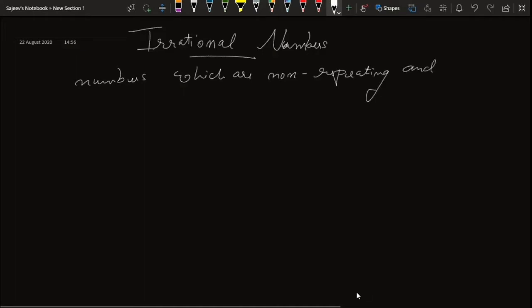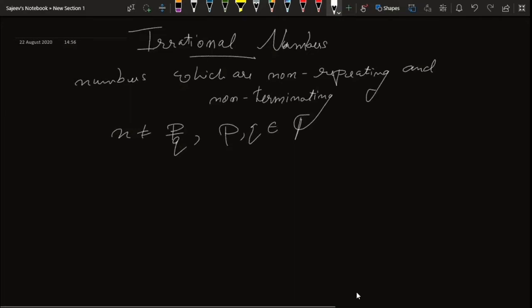and non-terminating. So these numbers cannot be expressed as p by q, where p and q belong